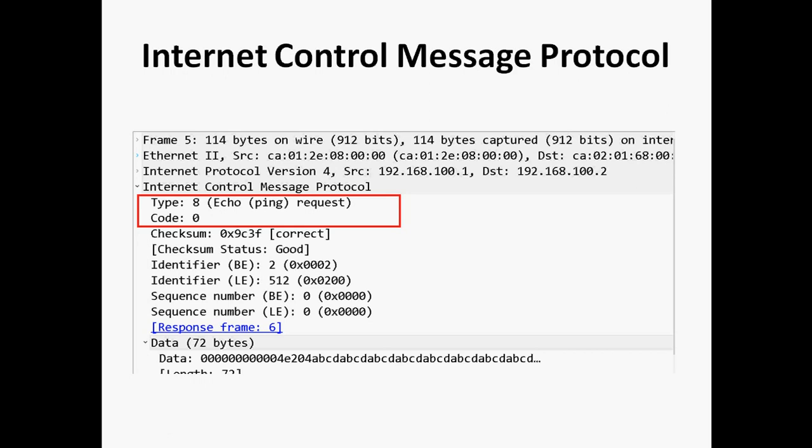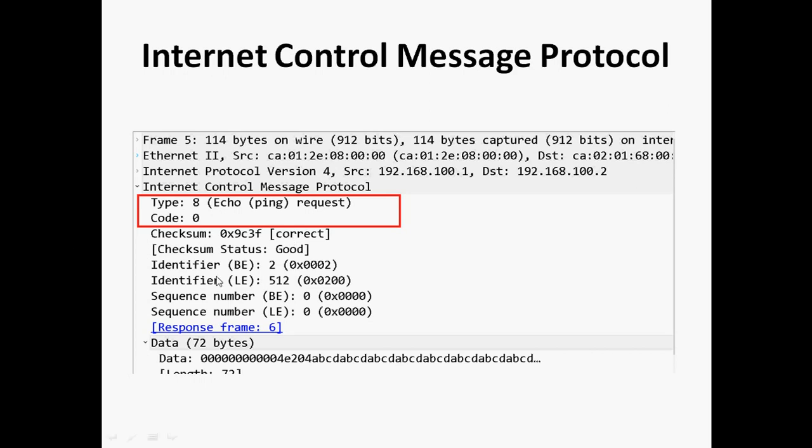But in a Windows system, if you ping, the identifier stays the same for all requests and replies. The sequence number increments with each request. So for the first request the sequence number is 0, and the reply is also 0. The second request has sequence 1, and likewise it will be incremented.